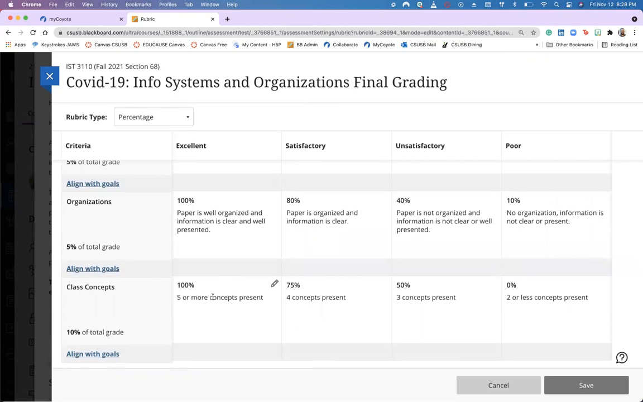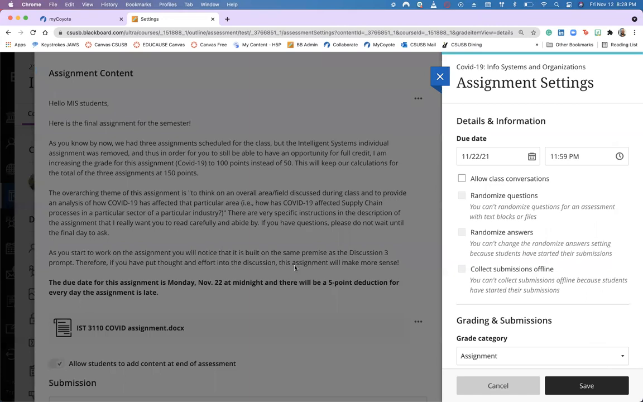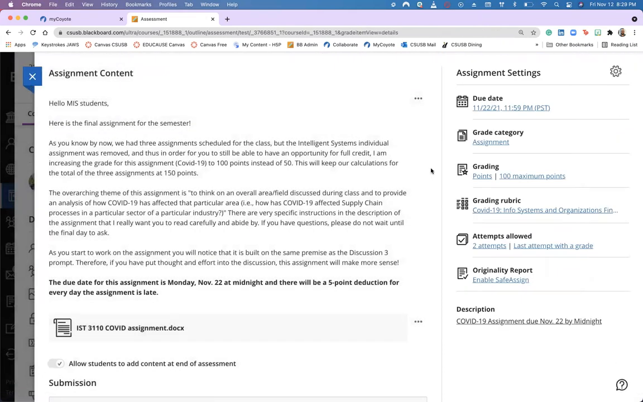And then lastly, I am going to be looking for 5 or more concepts present. Concepts like Porter's or supply chain management or ethics and privacy. Those are some of the concepts. I mean, we've talked about a lot of them, CRM, BPIs, all of those different things are concepts that I want you to have in mind. So that's the rubric. That's so you know how it's going to be graded. And now let's take a look at